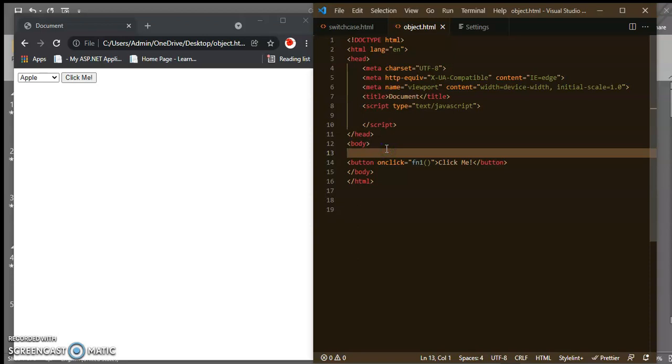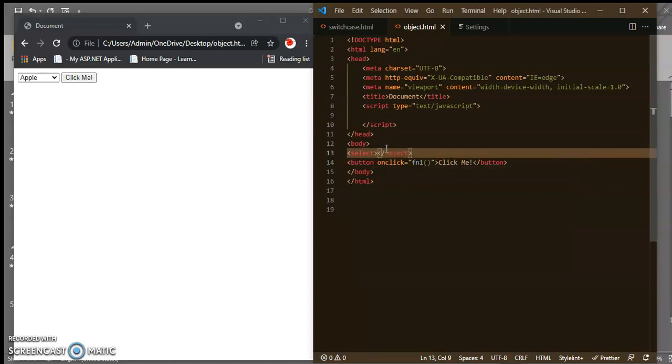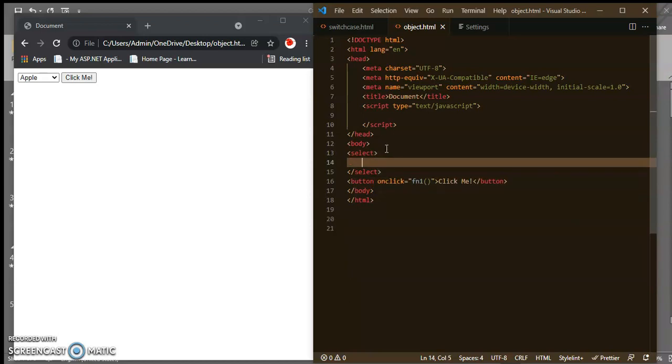You will use the select keyword. So let's write select, and inside of this you will create options.